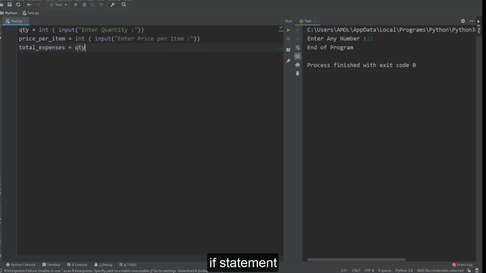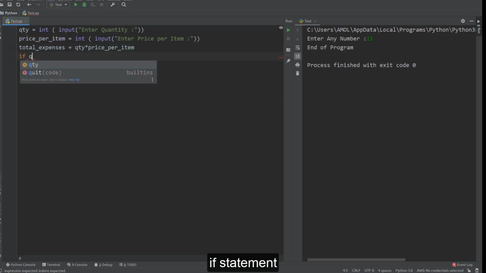Total expenses is nothing but quantity into price per item. Then check if quantity is greater than 1000. So here you can say if quantity is greater than 1000. Here we are using our if statement. Now if quantity is greater than 1000, we want to offer a 10% discount. Means your total expenses will be 0.9 into total expenses.